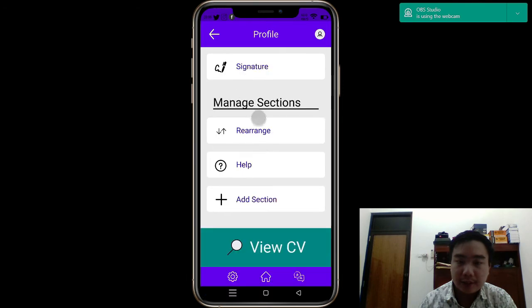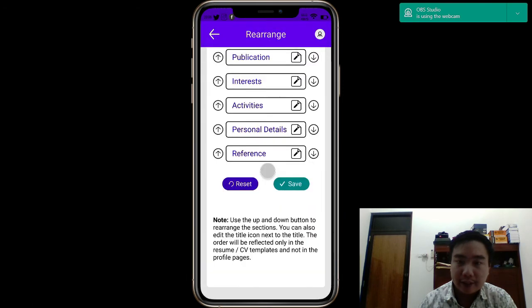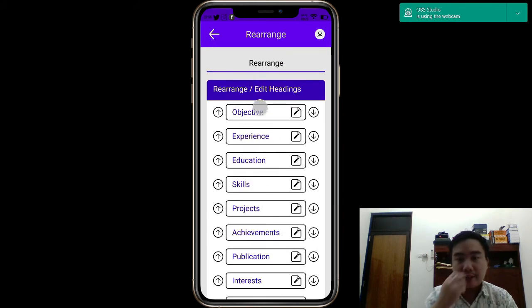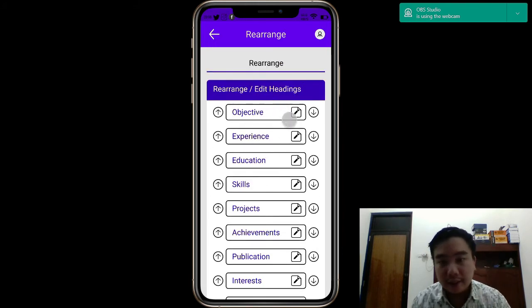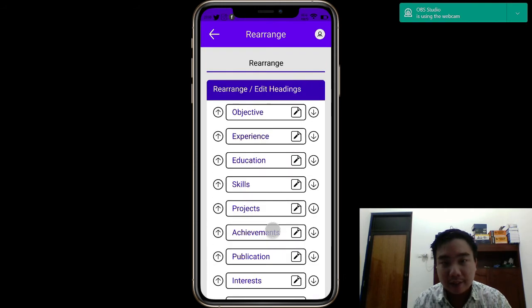There's also this management section where we can manage the arrangement of the sections on our auto-generated CV. We can move them up and down as we want, or if maybe we mess them up and forgot how they were ordered, we can also use reset, and it will change back to normal.